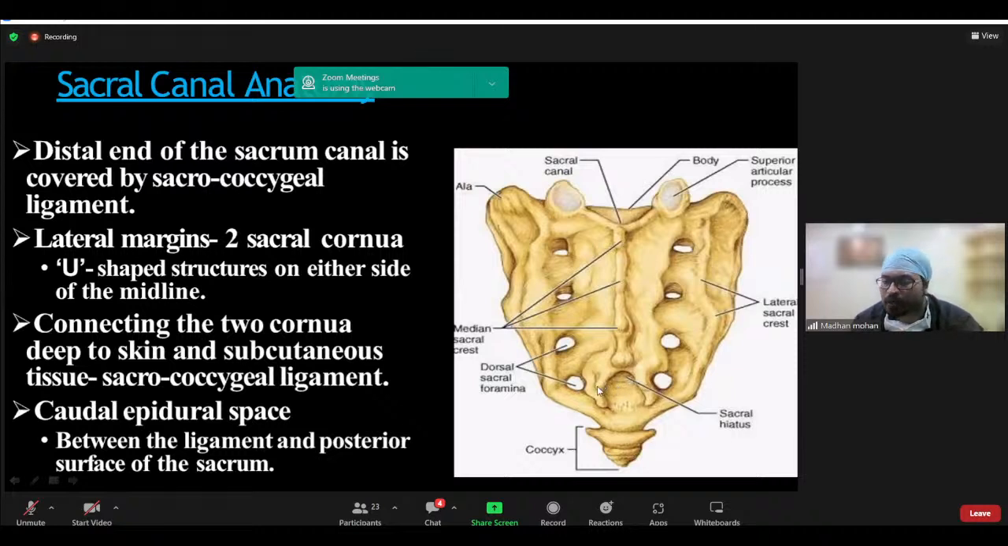And the inferior articular process of the S5 will form a bony prominence on either side, which will be called the sacral cornu. So whenever we are giving a landmark-guided